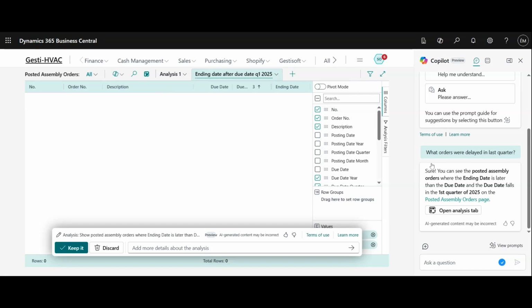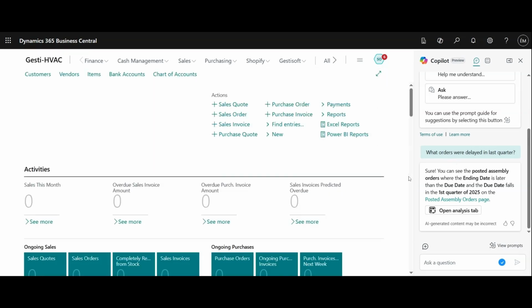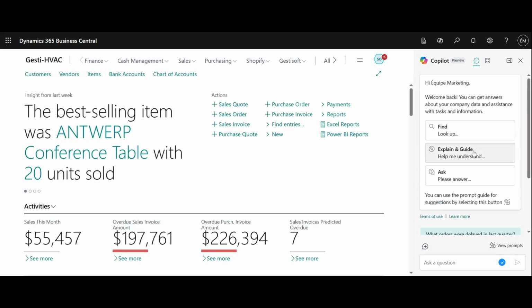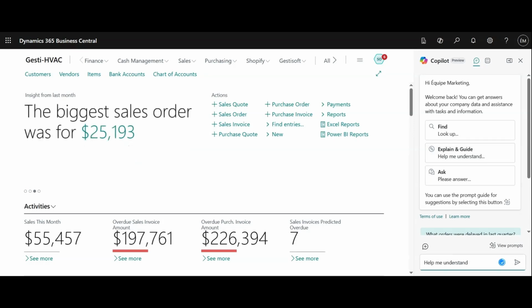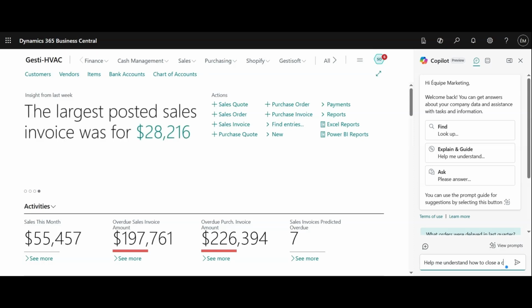Now, the next one that we can definitely check is the explain and guide option. So for instance, this is used if you want more explanation on a specific topic or if you want a guide on how to do something on Business Central. So once you click on it, it will be the help me understand because you want to understand a topic deeper. So for instance, help me understand how to close a client